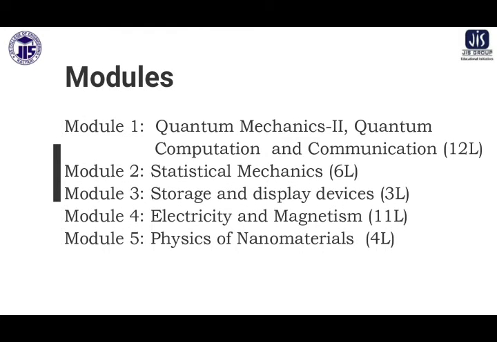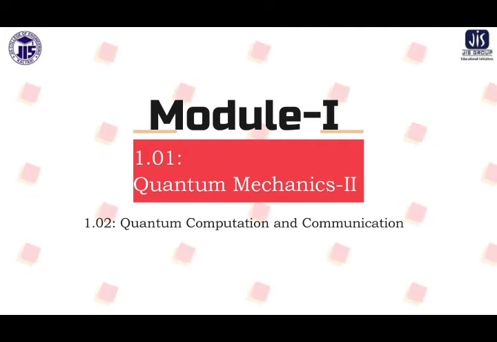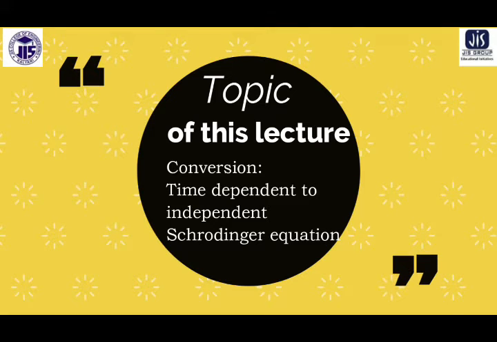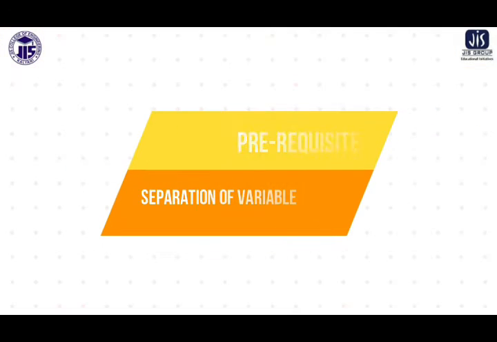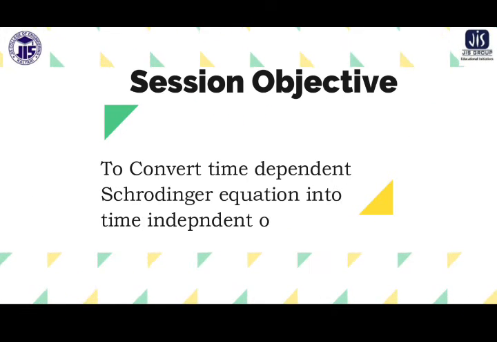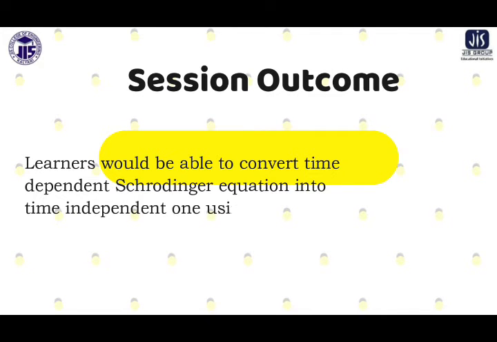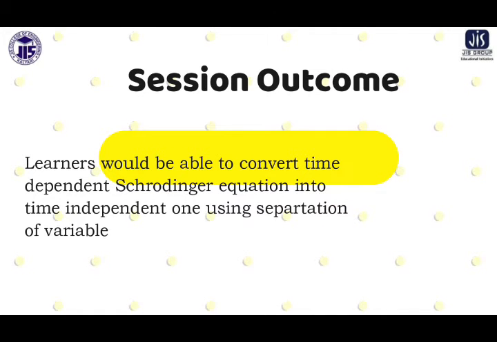On the screen you can see the various modules that are present in this course, and you can also see the module that we will be starting with. We'll start with one of the promising modules of the course, and you can also see the topic that we will begin with. In this particular class, we'll be focusing on the related prerequisite, the objective of the class, and if at the end of the class you're supposed to get something from me, that is the outcome of the session. That session outcome you can also see on the screen.